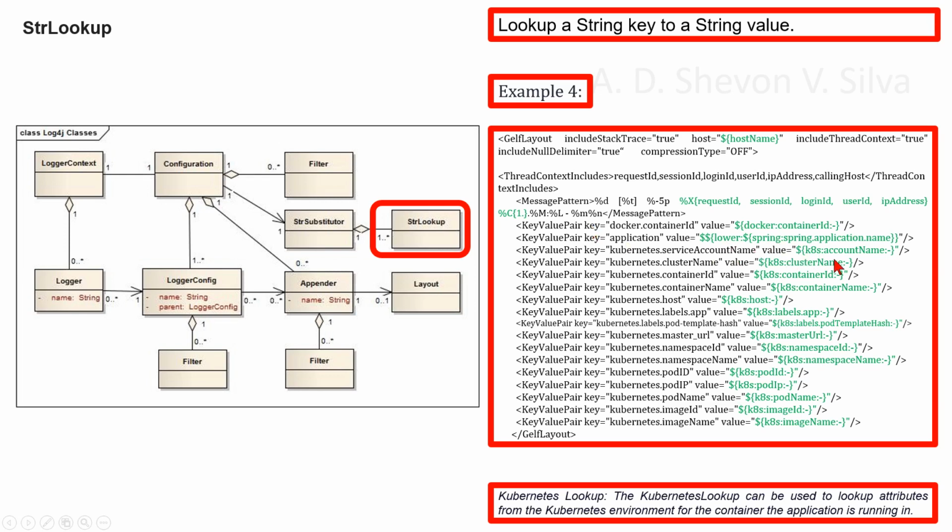Here: account name, the service account name; cluster name, the name of the cluster the application is deployed in; container ID, the full ID assigned to the container; container name, the name assigned to the container; host, the name assigned to the host operating system; labels, all labels formatted in a list;